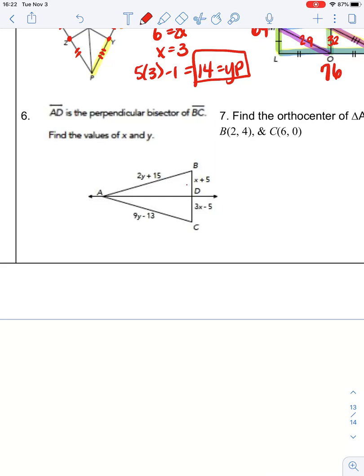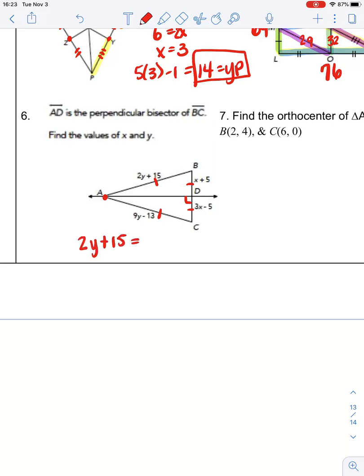If AD is the perpendicular bisector of BC, it's perpendicular, so I draw that in. AD is a perpendicular bisector. Notice that it also extends through the vertex. Now this is important because if it extends through the vertex, then that means that this triangle is isosceles. Because the perpendicular bisector goes through the vertex A, which it normally does not, but since it does, then this triangle is isosceles, which means AB is congruent to AC, which means to find the values of